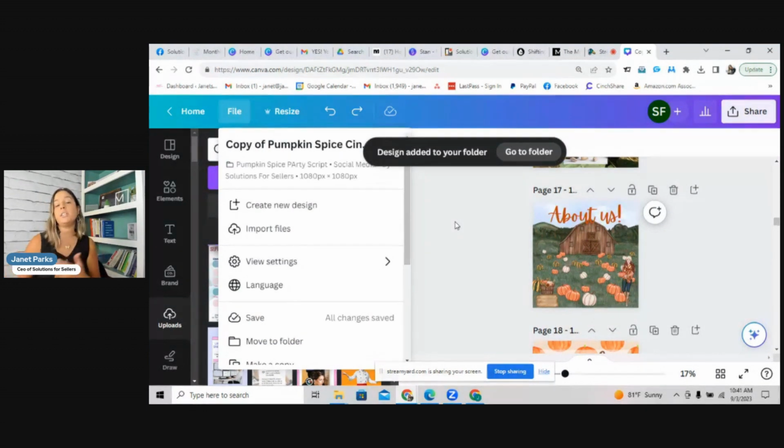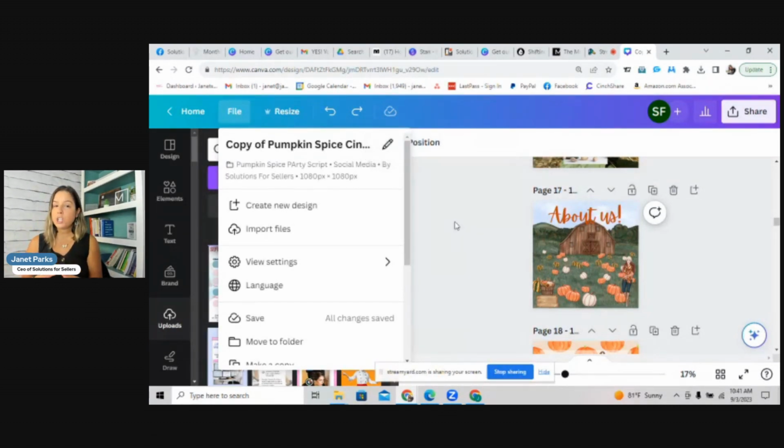Now, if you are a CinchShare user and you're watching this, you're also going to want to take this step. That way, when you are in CinchShare and you're personalizing your posts, which again, I'm going to show you how to do in a moment, you can easily just click. When you're in CinchShare and you're in the post, there's a Design with Canva integration tool, and it's going to be easy for you to just find your graphics and start personalizing. So again, I will show you how to do that in just a second.